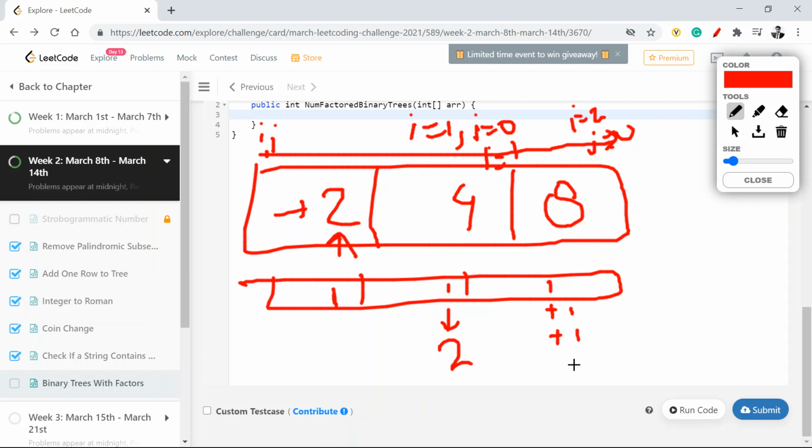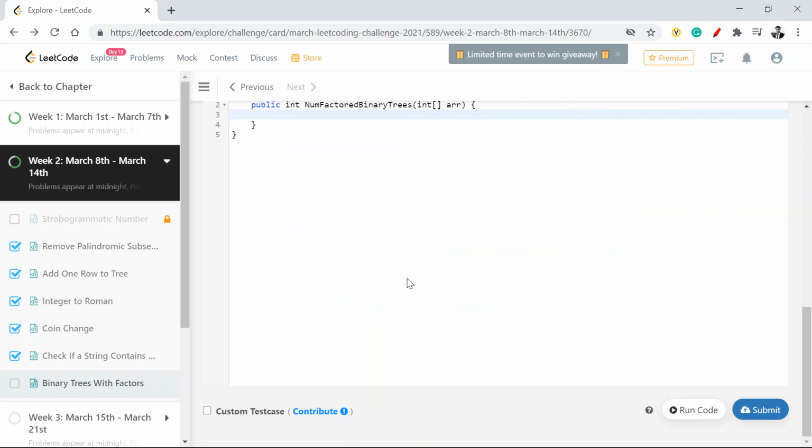So you understood what we're trying to do, right? We are just looking at whether a given number is divisible by it or not. If it is divisible, then what is the quotient? Is the quotient part of that array or not? If it is present, then take that and multiply. So let me quickly write some code and declare some values, like length.